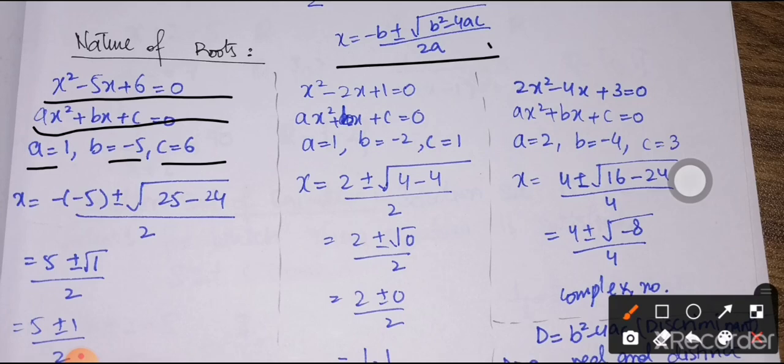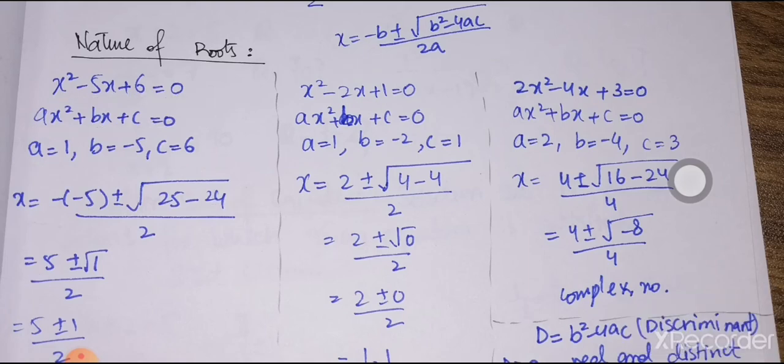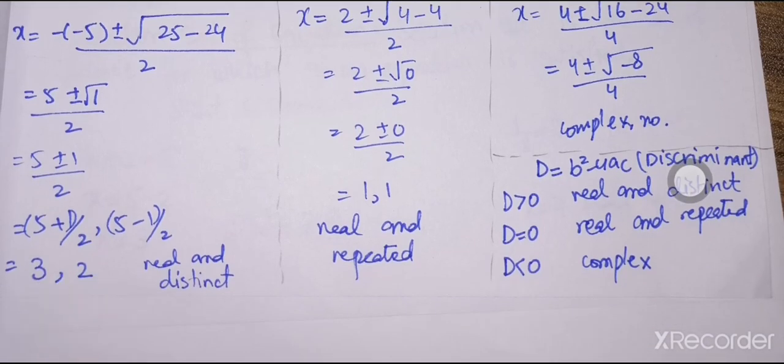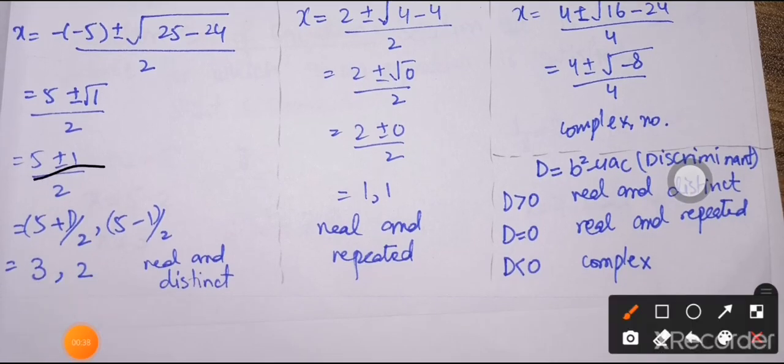Now inserting the values in the quadratic formula, we will get minus into minus, plus 5 plus minus square root of 25 minus 24, which will be 1, over 2. Now square root of 1 is equal to 1. So this plus minus means I am going to add 1 one time, and then I have to subtract 1 from 5 as well. So 5 plus 1 whole divided by 2 and 5 minus 1 whole divided by 2 are the two roots, or the two values of x. So we will get 3 and 2. So you can see that we are going to have real and distinct roots.